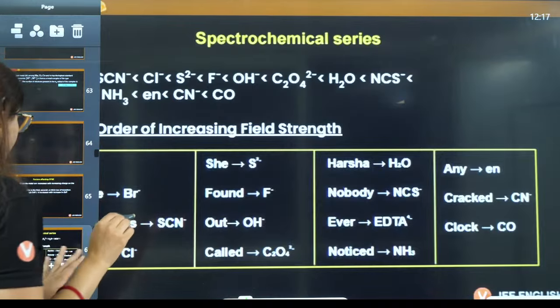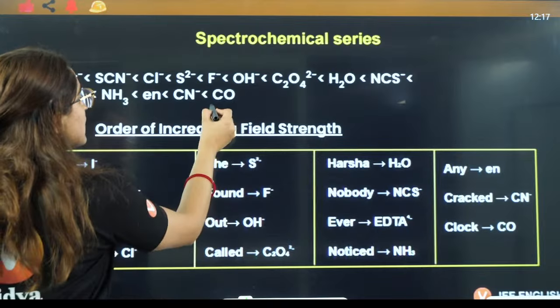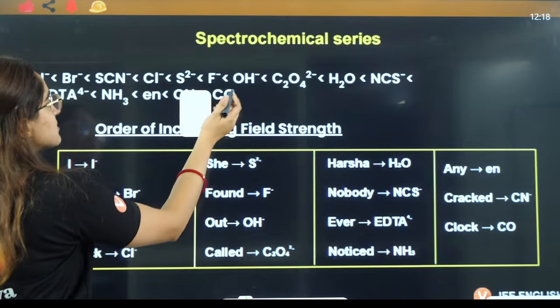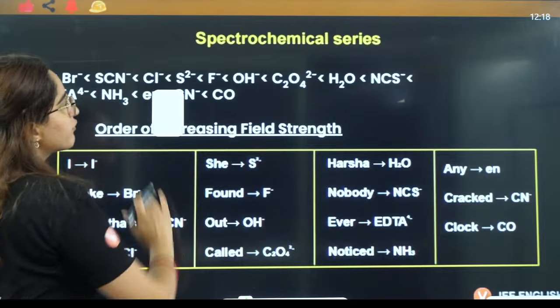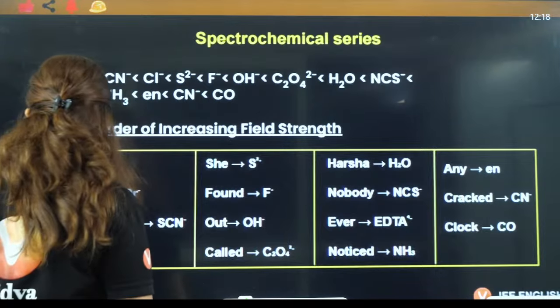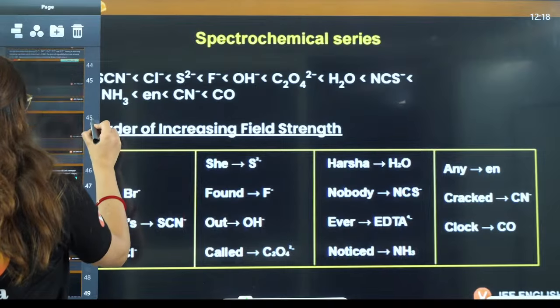Yes. If you see this here, this CO, this is a spectrochemical series. This always behaves as a strong field ligand. This is a very strong field ligand, maximum strength, right? So that is the reason here